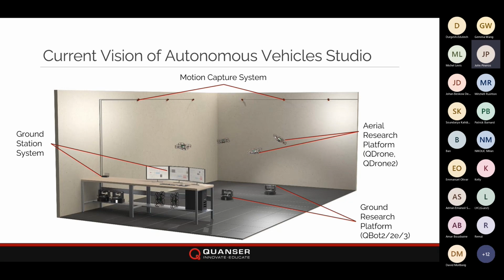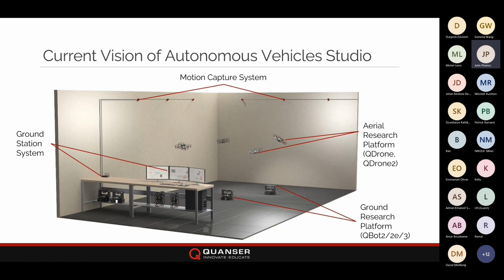We also look at the idea of a ground station system, very common in aerospace applications, for you to be able to monitor what your vehicle is doing from a safe space, which happens to be our control station. Now, in order to communicate with our system, we also need some sort of network communication, which in our case is a Wi-Fi router that is provided with our solutions. What this allows you to have is a very contained and controlled environment where you can truly develop unmanned systems